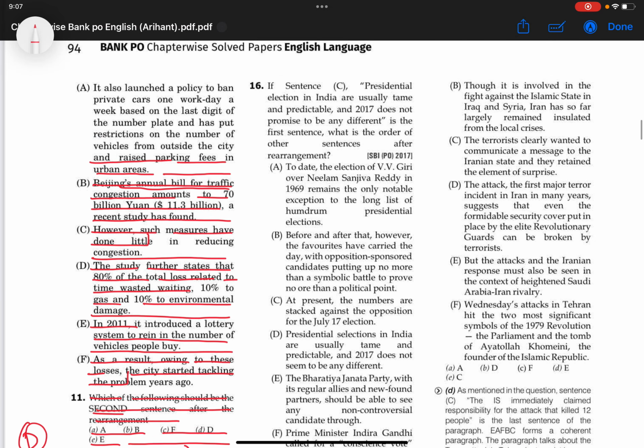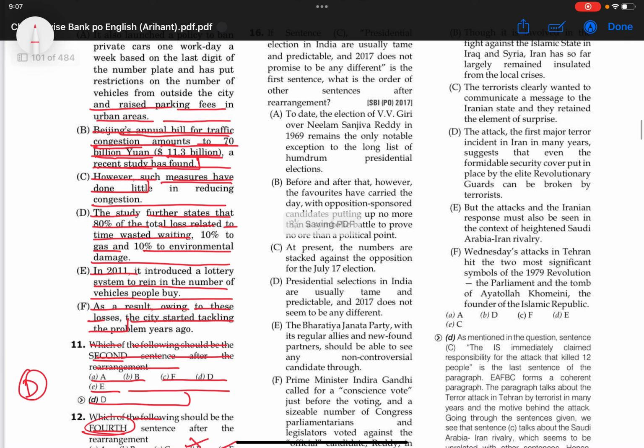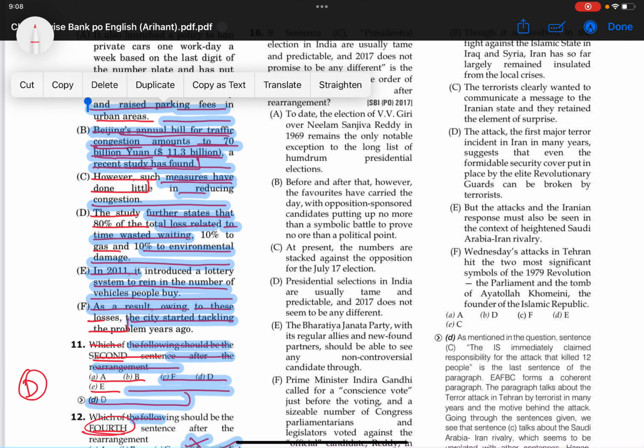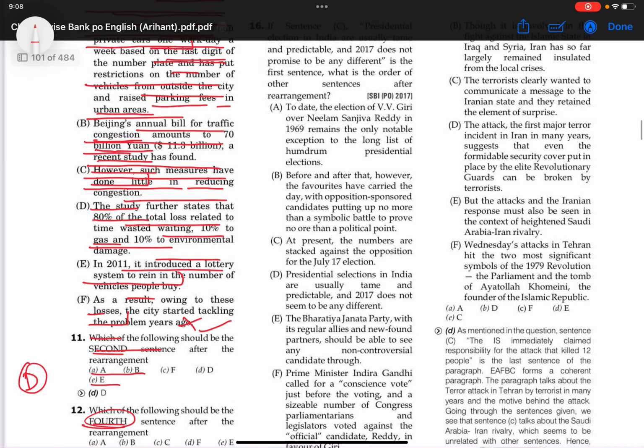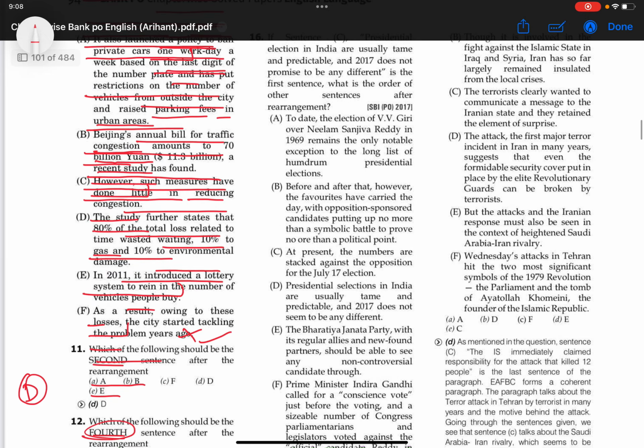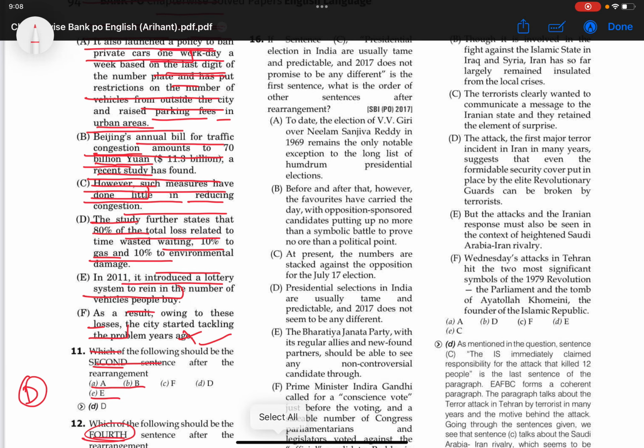Beijing's annual bill for traffic congestion amounts to 17 billion yuan, 11.3 billion, a recent study has found. However, such measures have done little in reducing congestion. सी आ जाएगा। उसके बाद क्या है, डी, the study further states that 80% of the total loss related to time waste waiting, 10% gas and 10% to environmental damage। ठीक है, फिर आ जाएगा सी, however such measures have